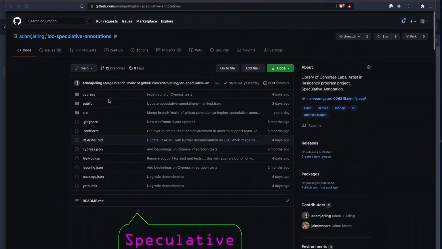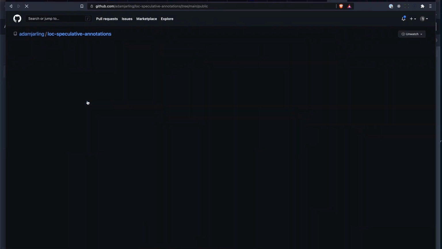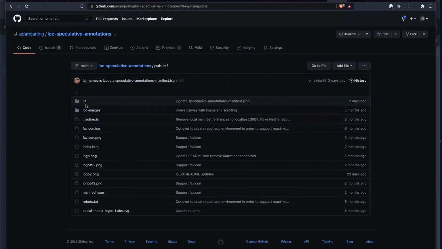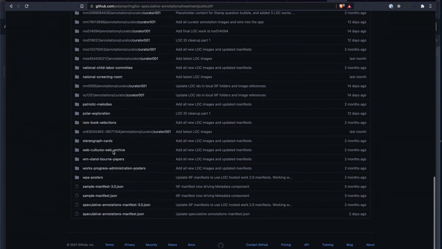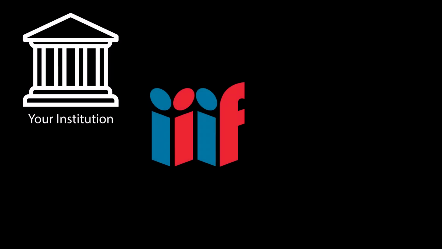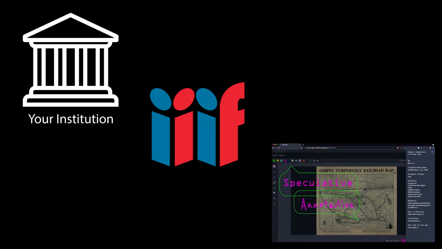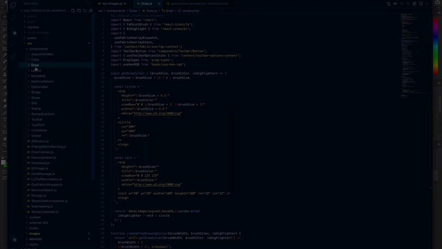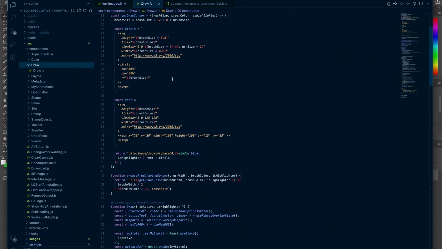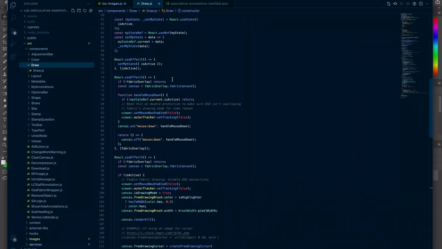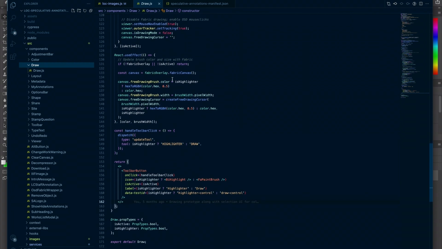Aside from the Fabric.js interactivity, the UI is, to a certain extent, driven by IIIF structured content. So theoretically, if your organization or institution had collection or item level information saved in publicly available IIIF manifests, you could configure speculative annotation to point at your data, your IIIF manifests, instead of the Library of Congress's. And since speculative annotation application is written to consume data from a standard spec, like IIIF, instead of just an ad hoc data model, it could serve as an example to really open up the doors in creating reusable UI